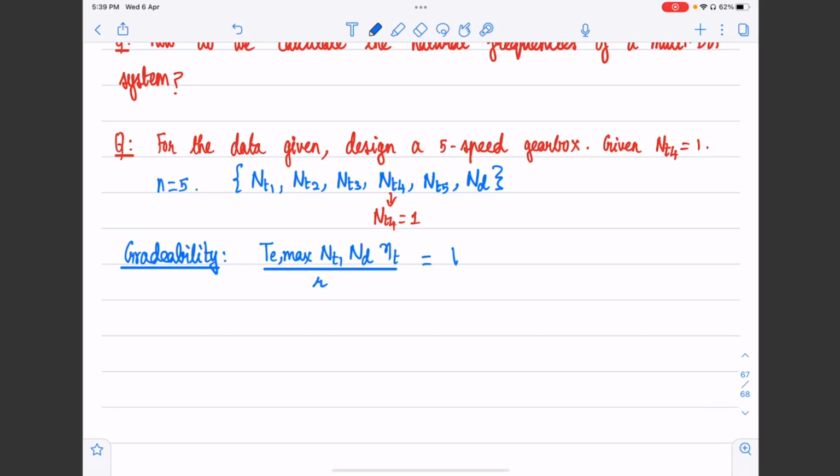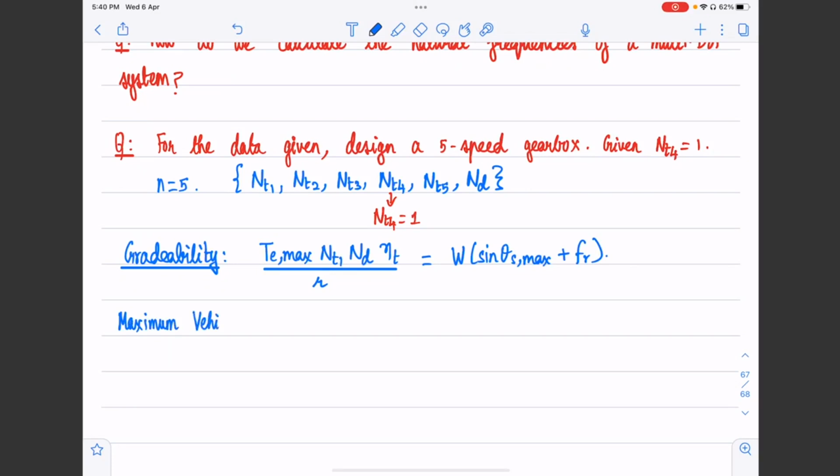That's going to be equal to the loads which the powertrain has to overcome when driving on a grade, which is predominantly the grade resistance, but then we also have the rolling resistance term, right? So that's the equation for NT1. And as we discussed, the highest gear ratio is obtained